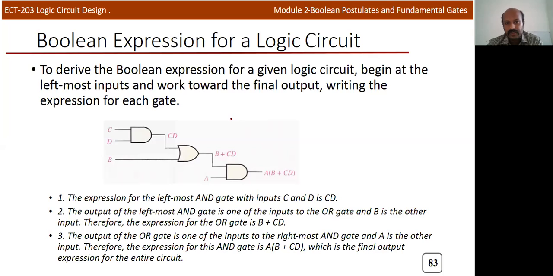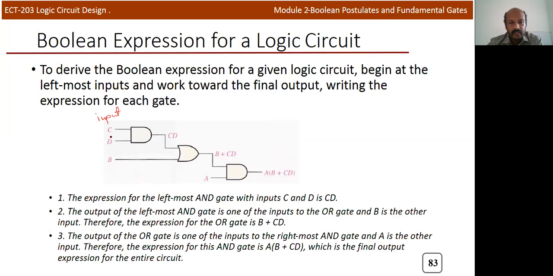Already we discussed how we can write Boolean expression for each gate, in the previous lectures 1 to 6. Now it's a combination of gates. It's a big circuit, and we need to write the Boolean expression for this particular circuit. The procedure will be explained. We will start from extreme left, from the input side. So this is the input side, and from the input side we will start.